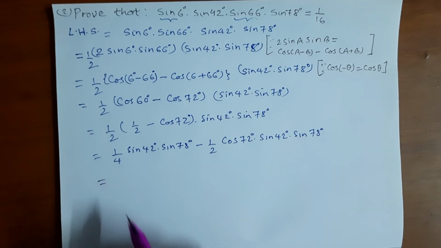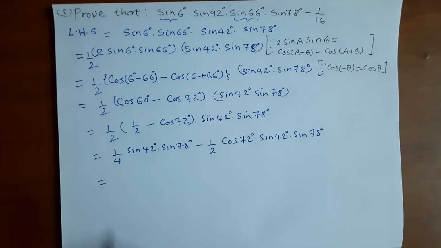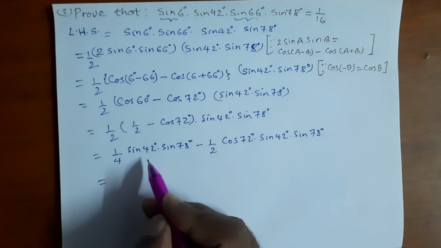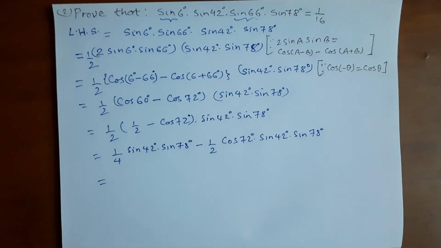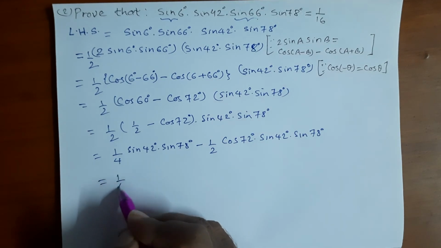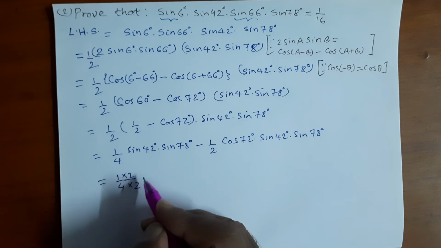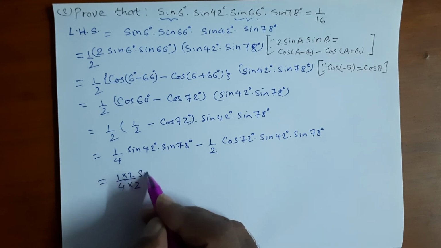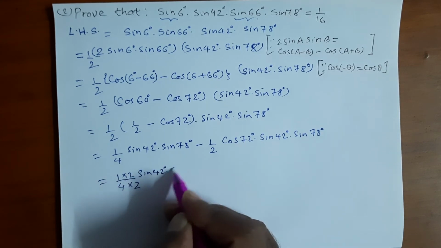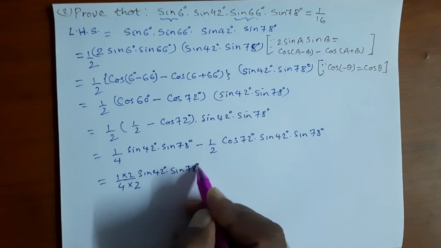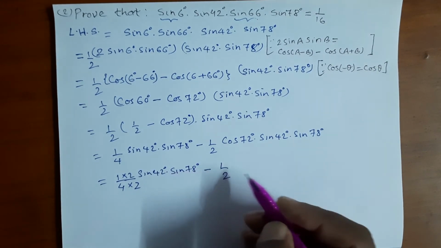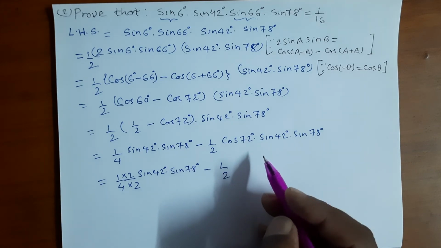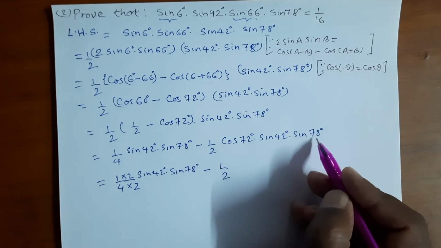And now again we can take these two trigonometric ratios and we can multiply by 2 in numerator and denominator. So 2 sin A sin B formula can be used, minus here 1/2, we can put these two angles together,